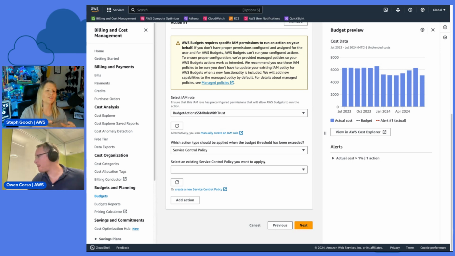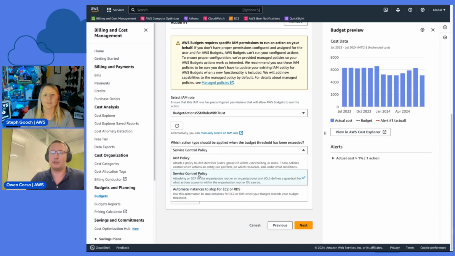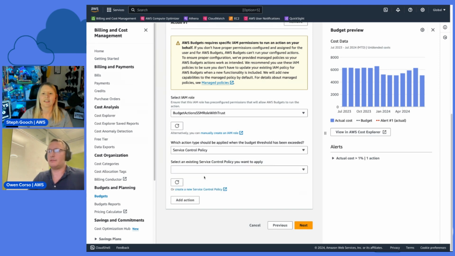Second question: if you are on just a random linked account, how does it have permissions to add a service control policy to an OU? Does it have to be in that OU, or does it just have to be the root account that does this? Correct. The organization management account is the only one that will be able to set this type of action. The administrator, whoever is managing the organization, they're the ones that can dictate which linked accounts, member accounts, have which permissions.